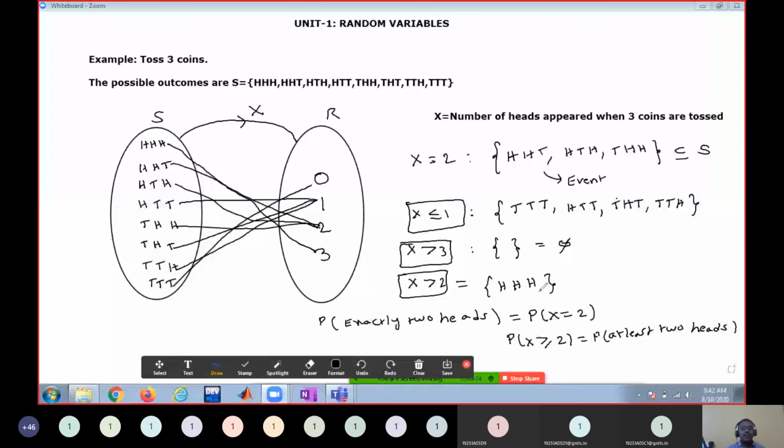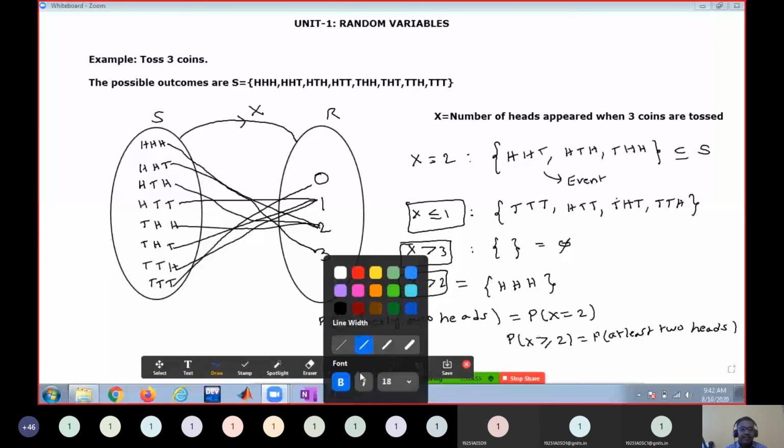So that is how we are able to map elements of the sample space to the set of real numbers. So what is this actually? What kind of relation is this called? I have given a relation from the sample space to the set of real numbers, right? What kind of relation is this called? Map. What do you mean by map? Function, right? It is a function defined from where to where?